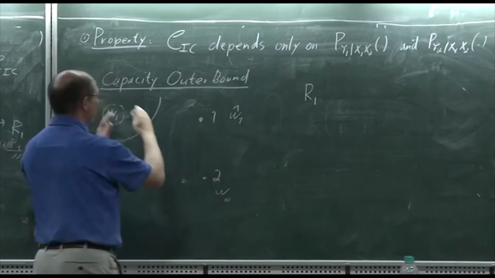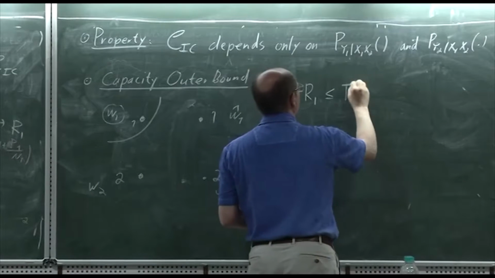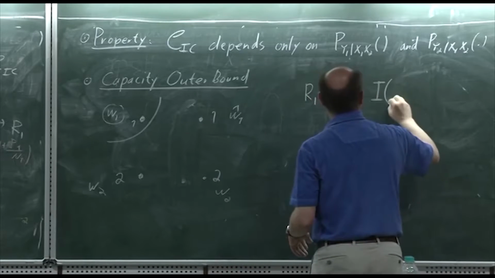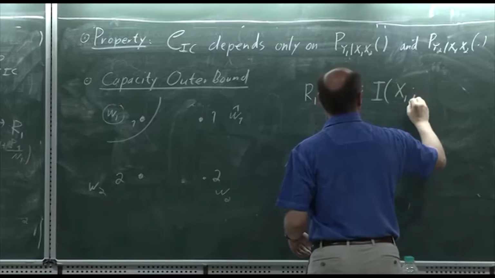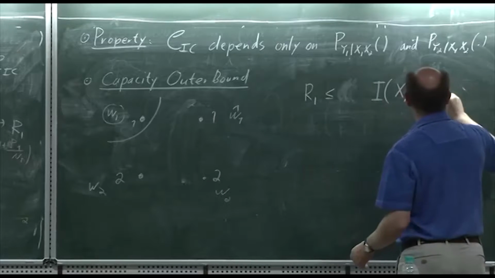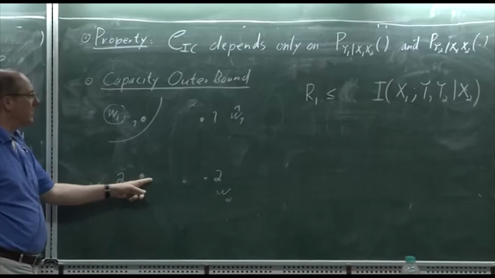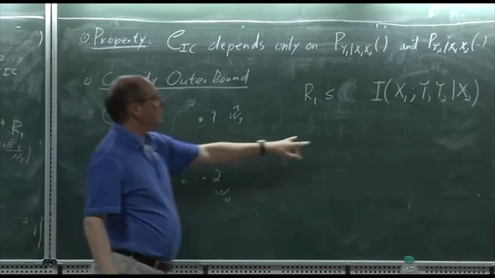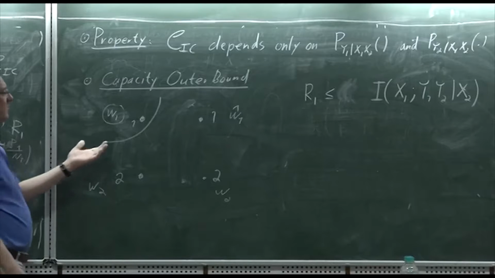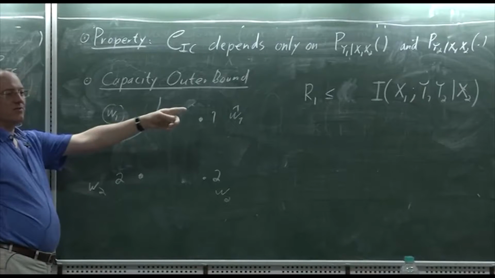So the only bound I'll get is a bound on rate 1 flowing out of here, and it turns out that the one rate bound is that the rate is less than I(X1; ...). You can show, given the transmitter, what the other side knows: the receivers you have on the other side. So the other side knows what X2 was, and there are 2 channel outputs, Y1, Y2. Okay, so for any coding scheme that achieves reliable communications, the rate satisfies this constraint